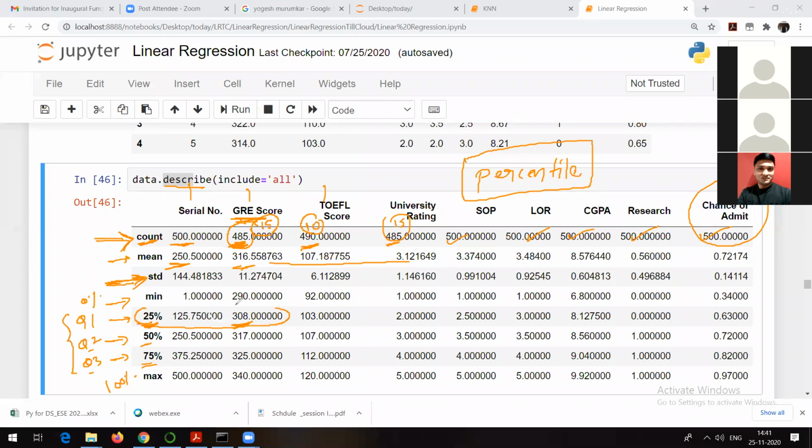Can anyone just let me know, maybe in the chat box, if you are not able to unmute? I hope you people got my question. If 25 percentile of GRE score is 308, what do you understand by that? That means I am asking you, what is the meaning of percentile?